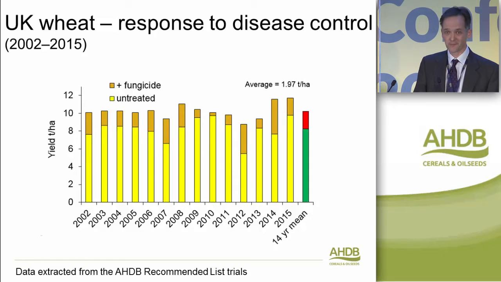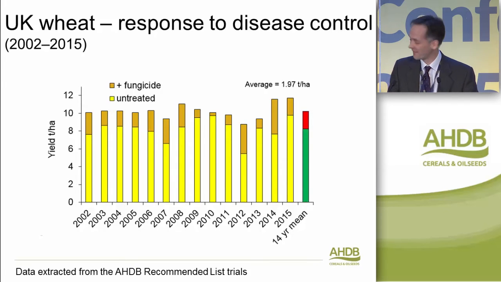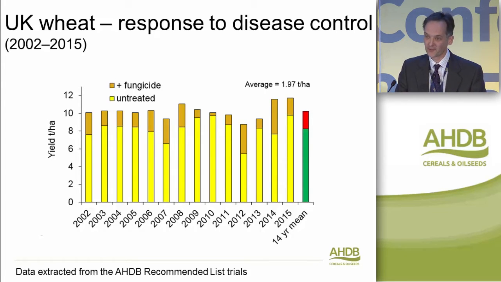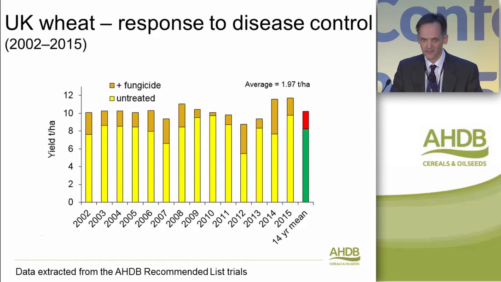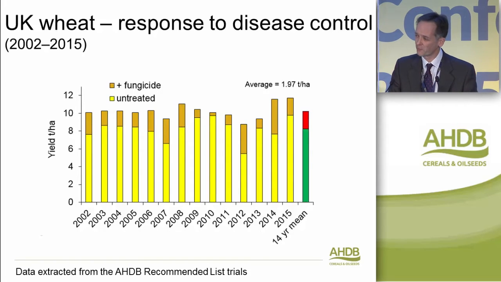But just to put 2015 in context for a moment, this is AHDB, sorry, I nearly said HGCA, forgive me. AHDB recommended list trial data showing the yield and yield response to treatment that we've seen in each season over the last 14 years. Each bar here represents the average across all varieties in each season. And you can see it varies quite a lot from one season to the next. In 2010, we had a yield response of about 0.4 of a tonne on average across all varieties at all sites. In 2014, it was 10 times that amount, up at around 4 tonnes per hectare.